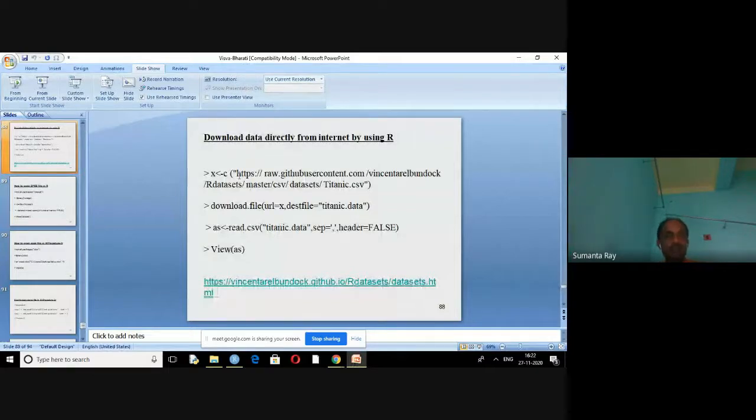In this particular command, you can directly assign the data set from the internet. You can directly access this one, if it is available there. Not only that, after writing this one, you have to write download.file, this, then read.csv, this.